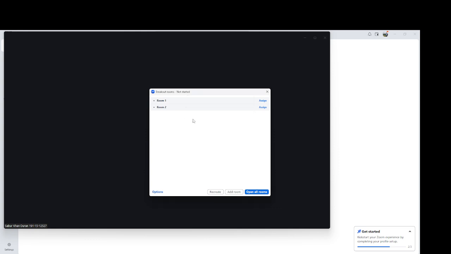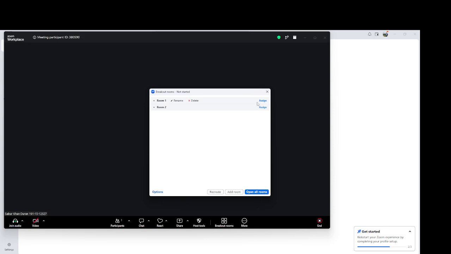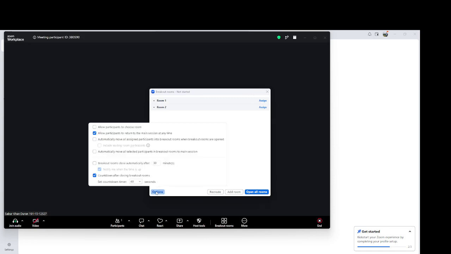You can rename the rooms, move participants between rooms, and adjust the breakout room settings before opening them. When participants are available, click Open All Rooms to send everyone to their assigned breakout rooms. As the host, you can join any breakout room, broadcast a message to all rooms, and close the rooms whenever